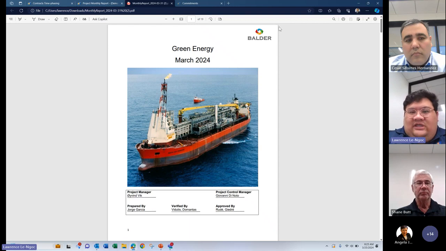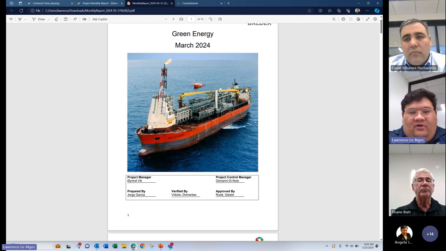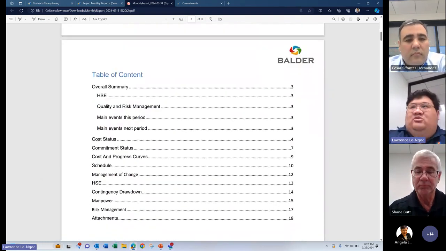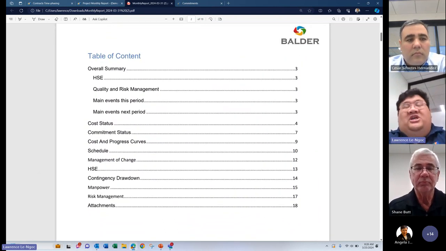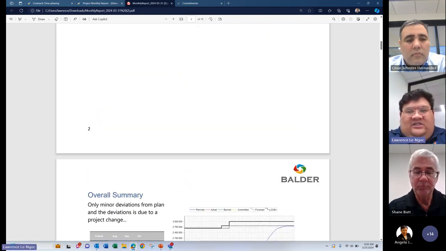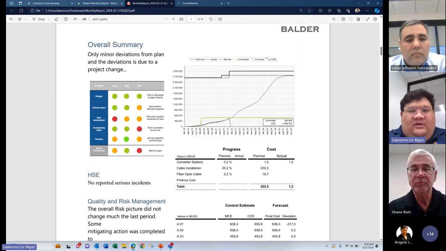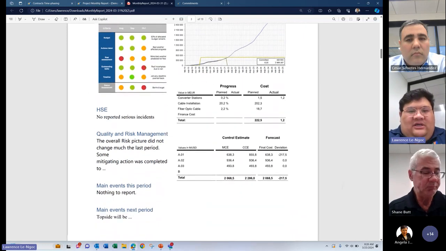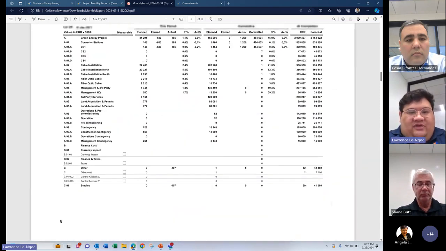It can be a monthly report such as this. You can see it's the green energy project for this month, March 2024. You can see we have a header page here, a table of contents. Let me zoom in a little bit. But essentially, this is all automatically generated from the information within the system via the tag system, which I'll go over in a moment. From there, you can see we have an overall summary, some pictures that have been embedded into the content section, HSE area, quality, cost status page over here,